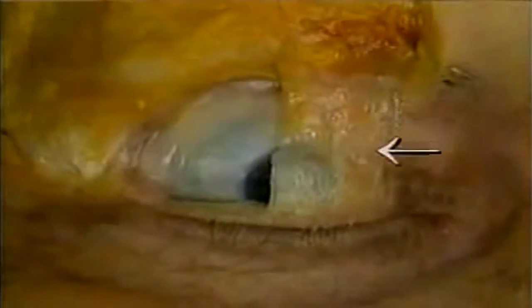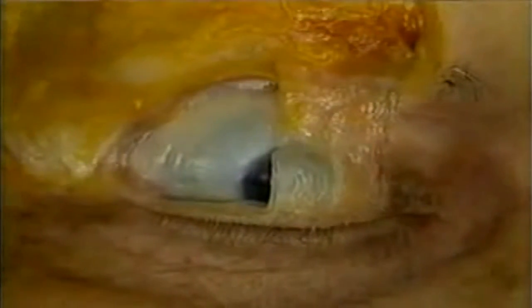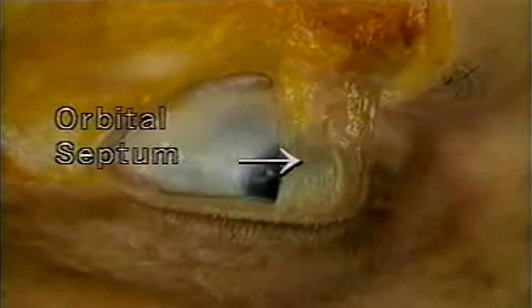Laterally, the innermost fibers of orbicularis insert into bone here. The more outlying fibers have no bony attachment. This is part of the orbicularis. It's been divided along this line. Directly beneath it is this layer of fatty fibrous tissue, the orbital septum, that extends into the lid from the periosteum at the orbital margin. The orbital septum separates the contents of the orbit from the facial soft tissues.